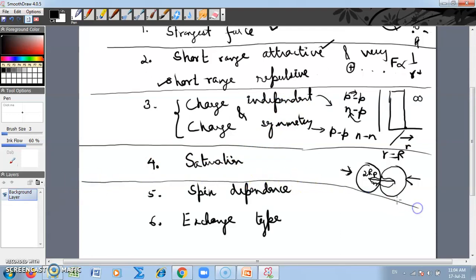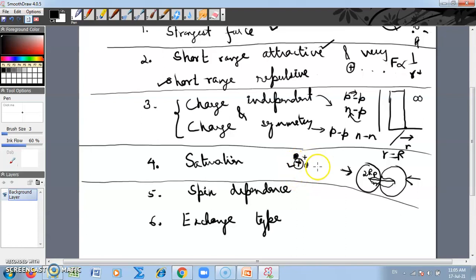When I talk about saturation, which we had mentioned earlier also, what is saturation? Saturation is that when I have a proton inside the nucleus, it will affect only the nearby particles, whether proton or neutron, and after that it will not affect the ones which are at a distance. That means the nuclear force due to this proton gets saturated by attracting the nearby ones, and its effect cannot be felt on the